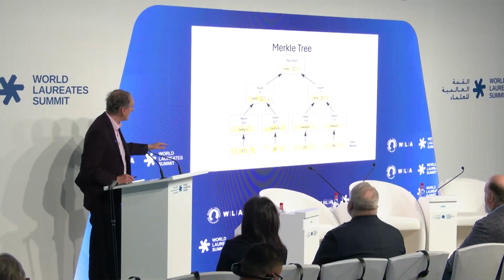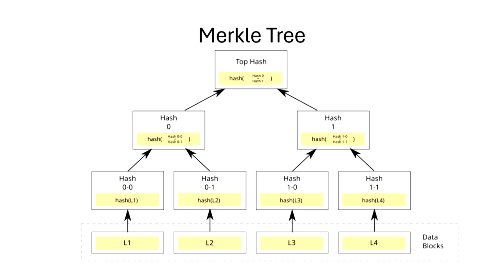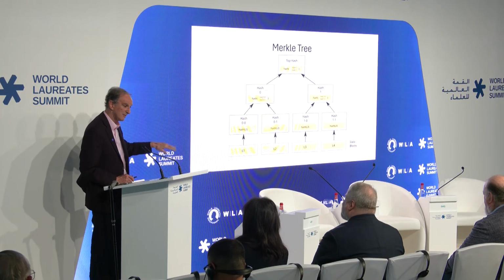So here's how a Merkle tree works. You have a bunch of documents, L1, L2, L3, L4, and actually it would be more like 1,024 or a million some odd of these things, and then it would be of depth 20. But just on this slide, I'm going to show depth 2. So you hash L1 down to hash 00, you hash L2 down to hash 01, and so on. And then you hash each of those things a pair at a time until you end up with the top hash, which is the root node, which DTSI, or Surety, still publishes in the New York Times.